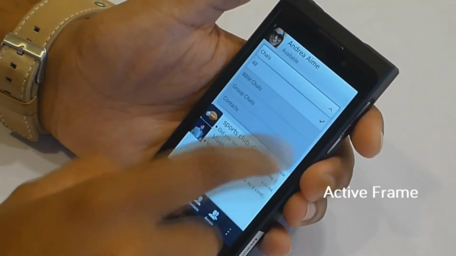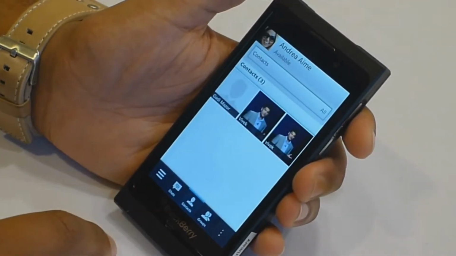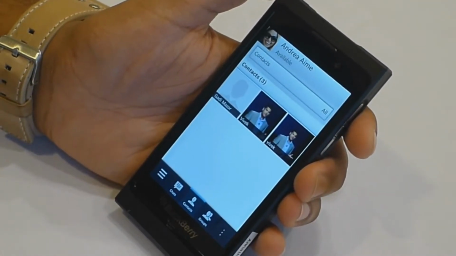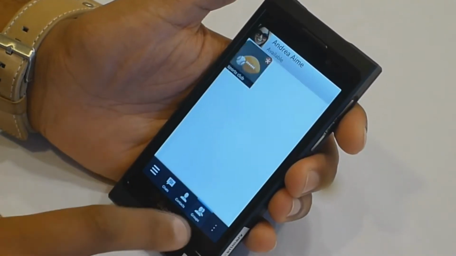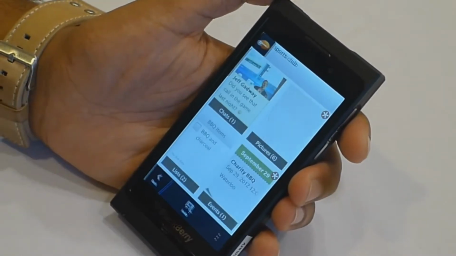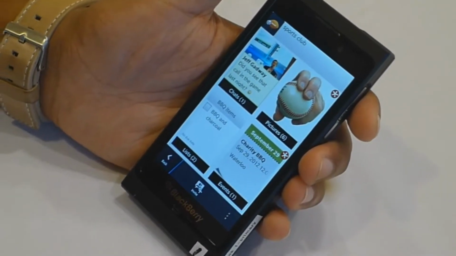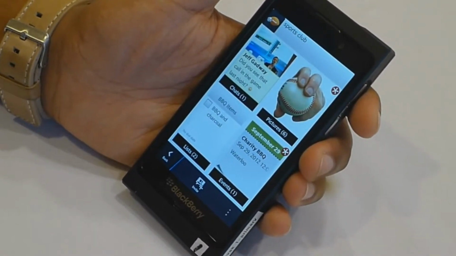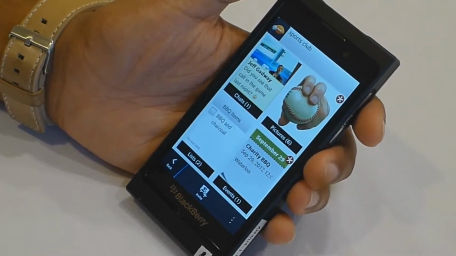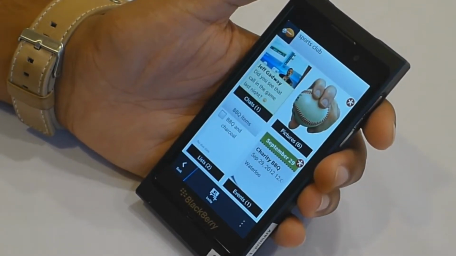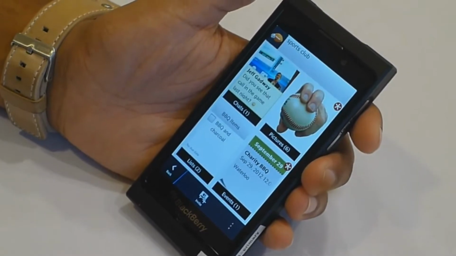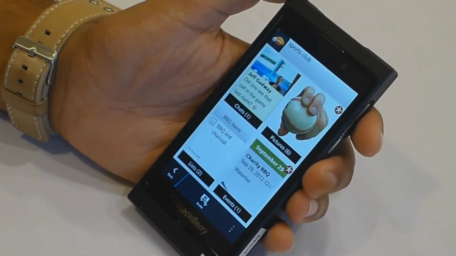Your BBM chats, group chats. You can go to contacts, and you can see everything's visual there in terms of the layout. You can go to groups as well, and have a look at that group. Everything's there in one single view. And because of active frames, everything is kept up to date without me even having to go into each individual one. So I can click on chats, and you'll see there, Jeff Gadway has kind of given an update, and